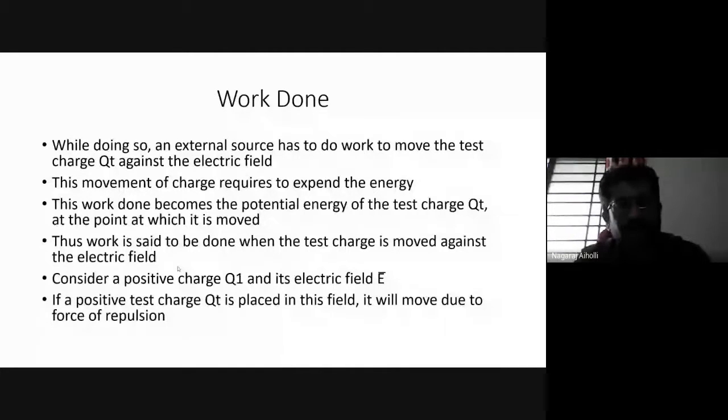Now, the next point is, if I want to throw the ball to a certain height from the ground surface, from where I am standing, I am throwing the ball against the earth surface. Then what am I doing to the ball in order to move it to a certain height? What I am doing on the ball?